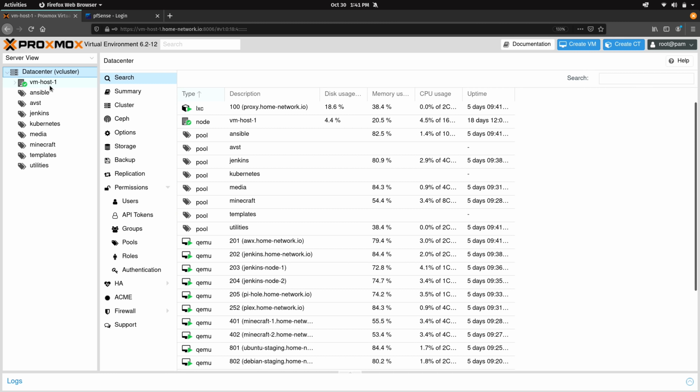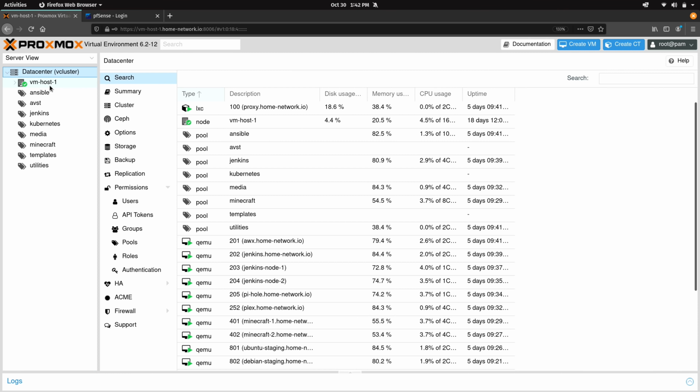But if I had a second one in this cluster, then what I would be able to do is move a server from one to the other. And why that's cool is maybe I want to update Proxmox on Proxmox server 1. What I could hypothetically do is move all of the containers and virtual machines to the second server, update the first server, move the VMs and containers back, and then update the second, which means none of the virtual machines